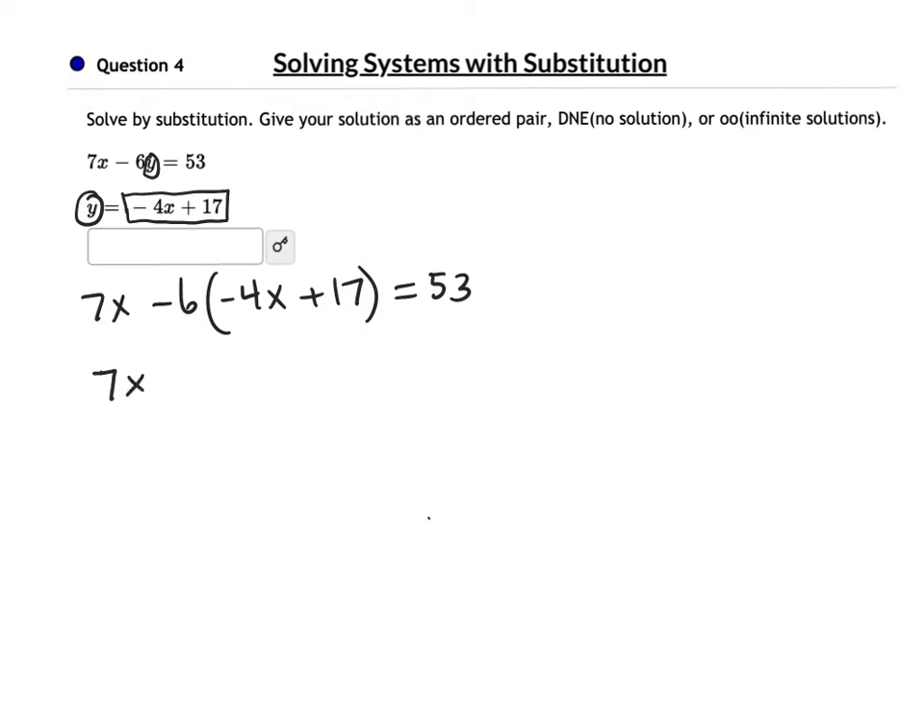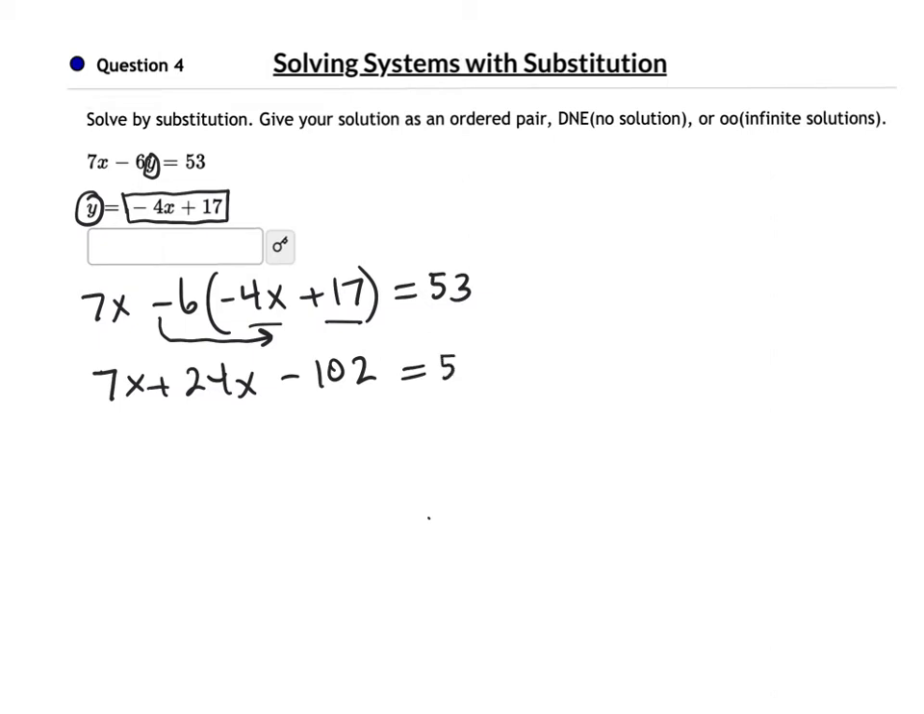Distribute. Now this is tricky. Be careful. This is a negative 6. When you distribute, you've got to change both signs. Negative 6 times negative 4 is positive 24x. Negative 6 times positive 17 is 60 plus 42. That would be negative 102. 6 times 10 and 6 times 7 added together